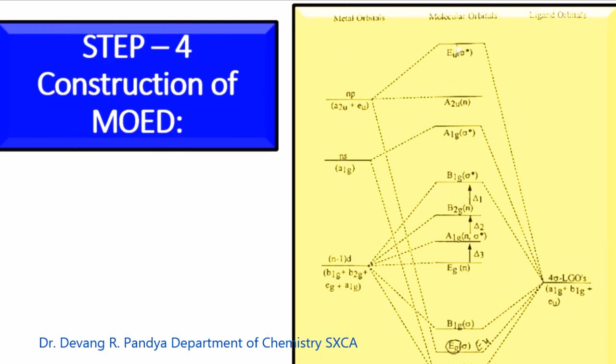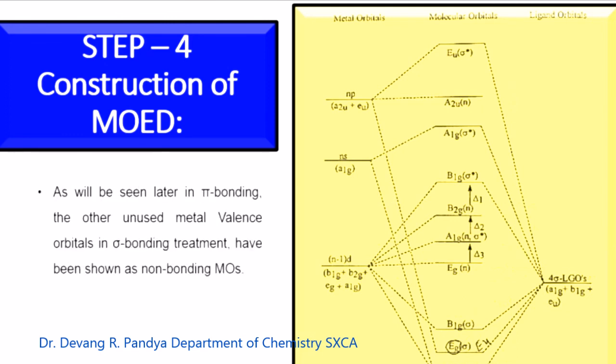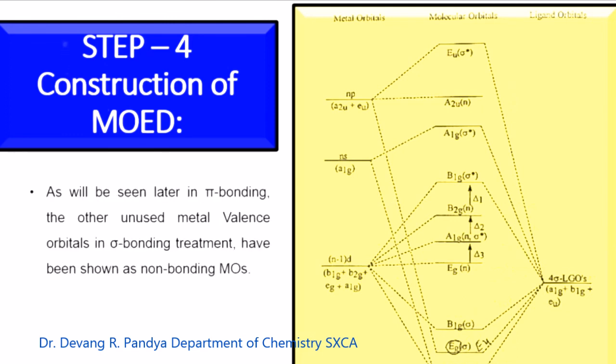These are all empty vacant orbitals, higher in energy, less stability. They represent metallic characteristic, and this will represent ligand characteristic in this MOED diagram of square planar with only sigma interaction. As we will see later in pi bonding, when we learn pi interaction in square planar